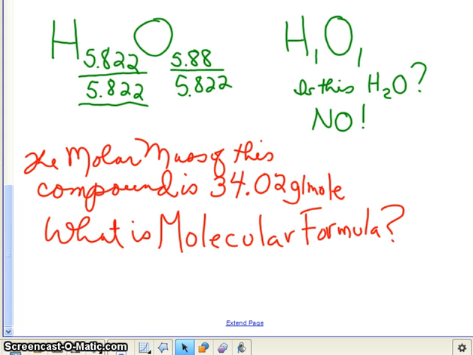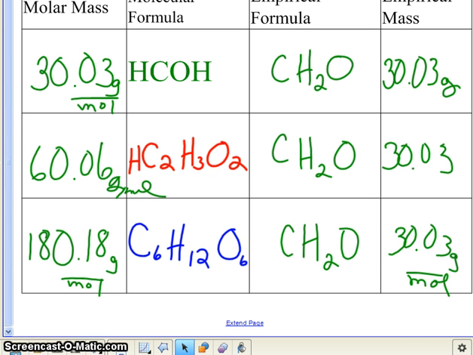Remember the other day when we did some problems, we noticed the connection in empirical and molecular formulas. Let me go back to this slide for a moment. We looked at empirical and molecular formulas, and we found that the connection between the empirical formula and the molecular formula, if we reduced the molecular to the empirical by 6, then the molecular formula weighs 6 times what the empirical formula does. So for this problem, if we want to figure out what the molecular formula of the compound is, then what we can do